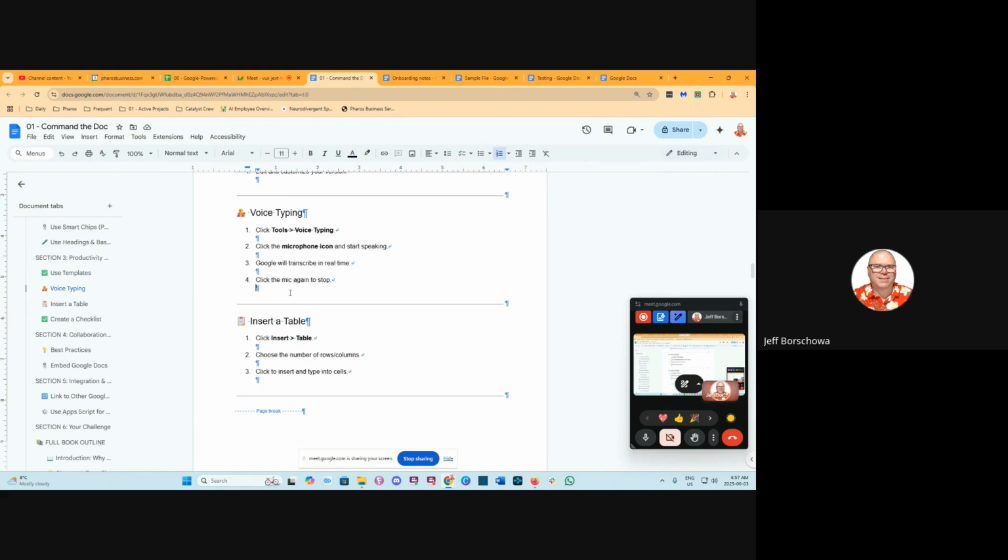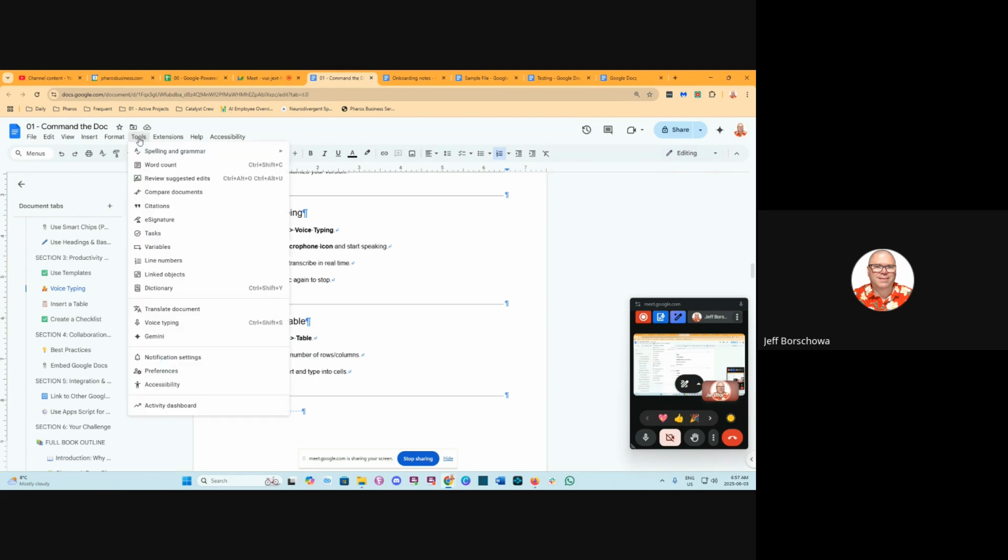Now, this is one of the features that blew my mind when it first came out, and then I forgot about it, but it is highly, highly useful. I do a lot of talk to text, so I will say something, and for anybody who doesn't know this, we speak faster than we can type. Even really good typists are still faster talkers. So you can go to Tools,